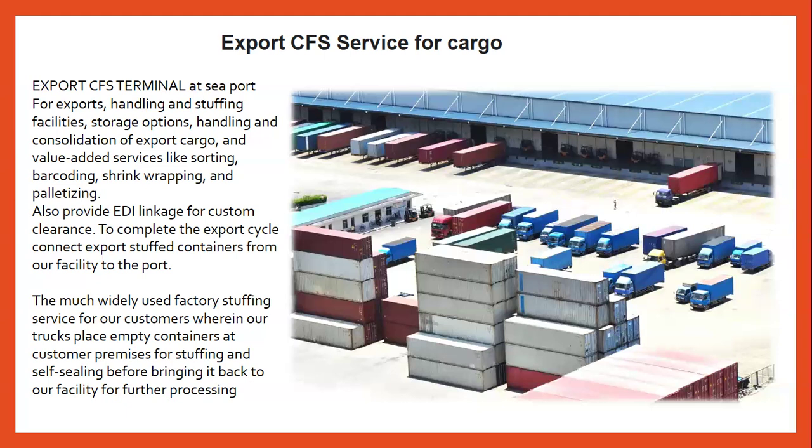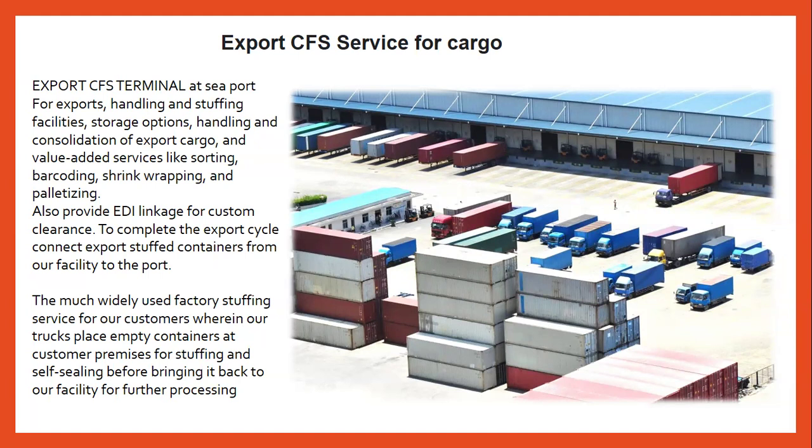Then palletization. Palletization is the process where the cargo needs to be packed in such a way that it cannot take more space in the container. Like if you have a bike, you cannot stuff the bike directly in the LCL system. In FCL, you can stuff the bike directly, with packing in a steel case, and the bike is bound in such a way that it cannot move. That is for the FCL process, but in LCL, if you want to export one bike, you need to